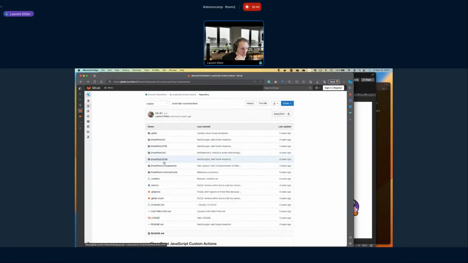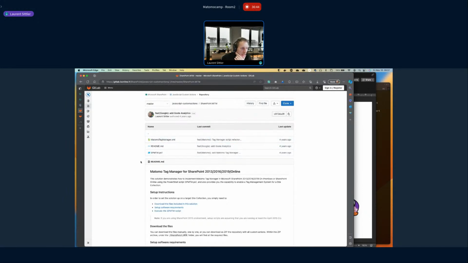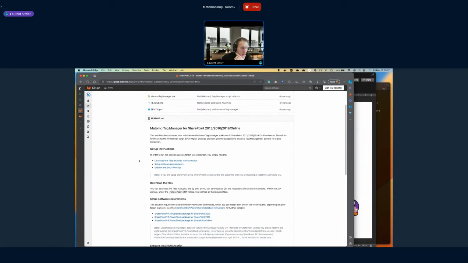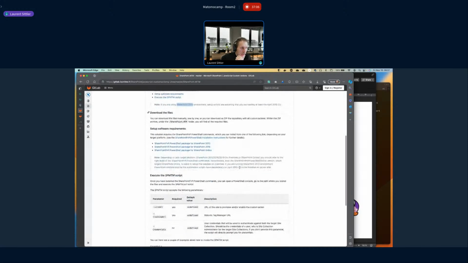The only thing that will change here is for Matomo Tag Manager. In this case, it is only for the classic experience. That means at least from SharePoint 2013, so it's compatible with 2016, 2019, and online, as long as you are using the classic experience of SharePoint. You can use Matomo Tag Manager on your SharePoint site.